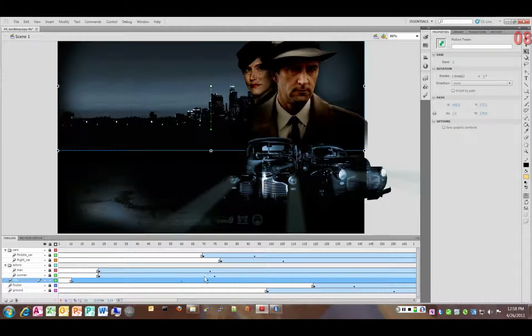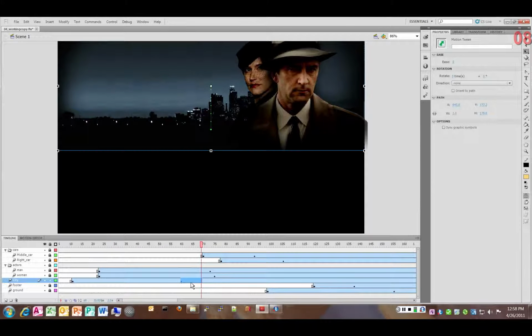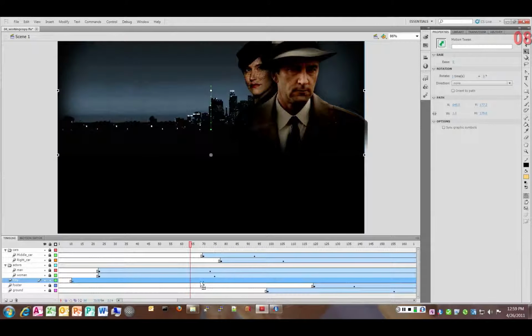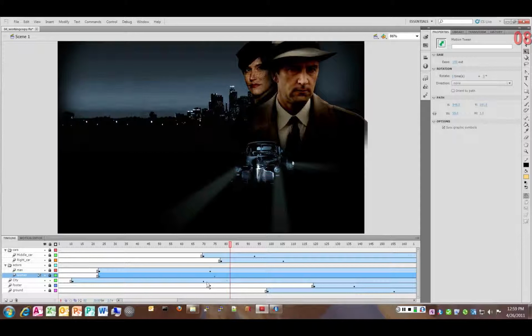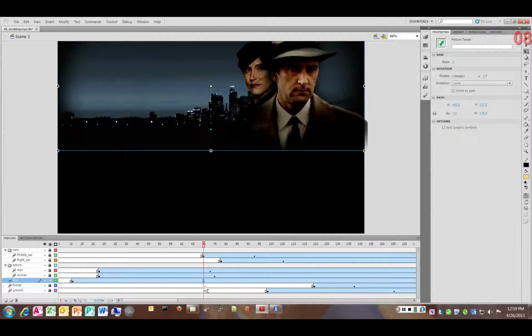All right, I can change where that keyframe is. If I hold Control and click, I can move just that keyframe, and this is a little tricky to do. What you need to do is click on the frame, click somewhere else on another layer, and then hold the Control key down and click just over the diamond. Once I've selected that one frame, I let up on all the keys, and I can move just the keyframe